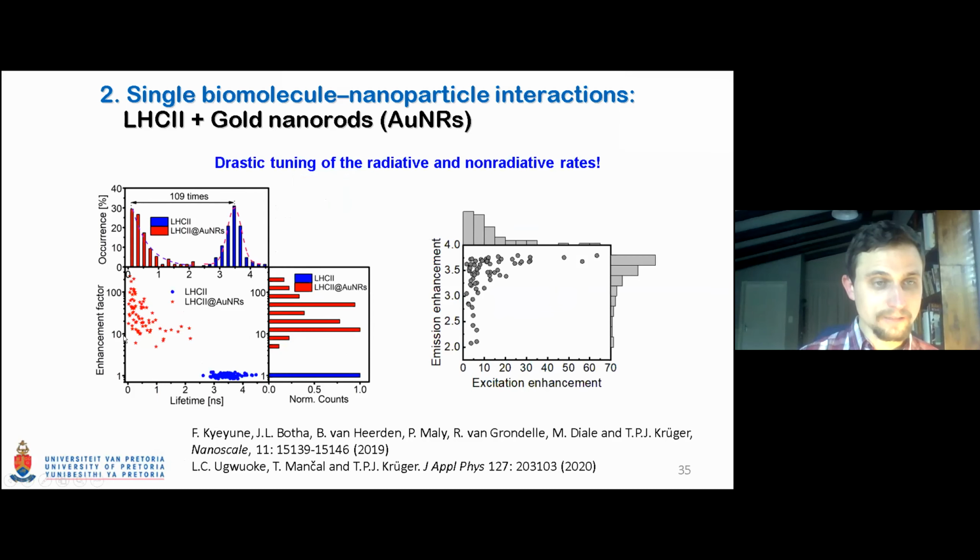Okay, so on this axis you see the enhancement factor in the intensity. On this axis you see the lifetime of the fluorescence or the emission. And as the radiative rate increases, the non-radiative rate is also significantly changed. So you drastically tune these photophysical properties, and in this way you get to understand some of these intrinsic properties of your molecular systems. This is just one example. There are so many different examples of interfacing these biomolecules with nanoparticles.